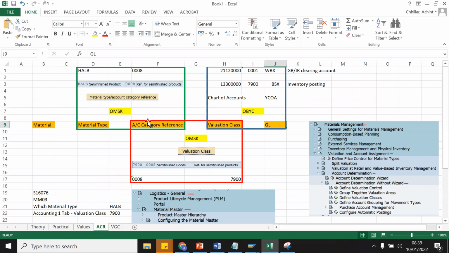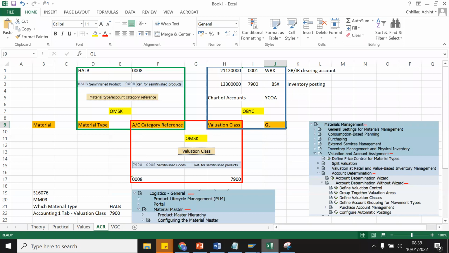So this part is used for the connection between material type and the valuation class, which is attached to the GL accounts, which is done by the account category reference.